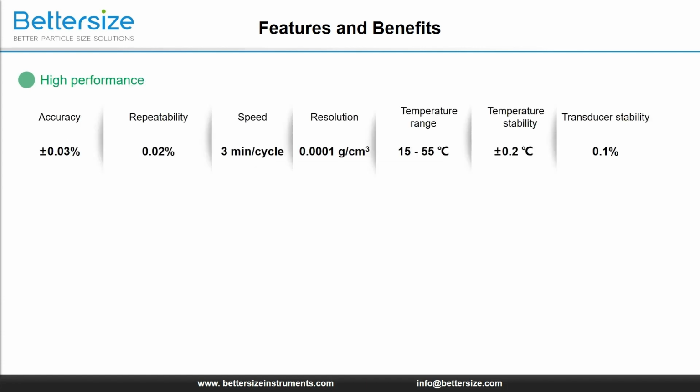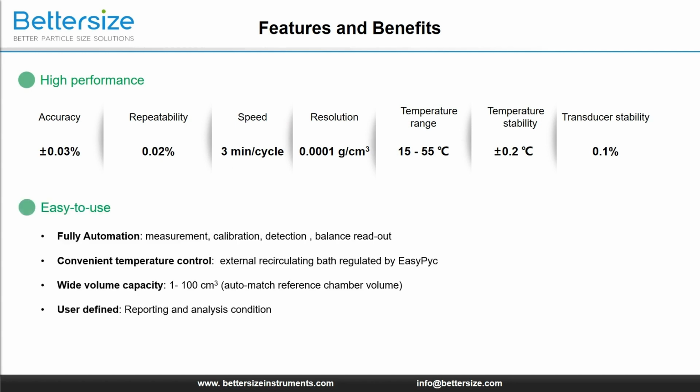And another one of the key advantages is its high performance, which provides excellent resolution, accuracy, and repeatability. The instrument also offers temperature stability and efficient measurement within 3 minutes per cycle. Moreover, the BetterPyc features full automation and a temperature control system, making the measurement process more convenient. And with user-defined templates and a wide volume capacity of sample cups, the BetterPyc can be customized to meet specific